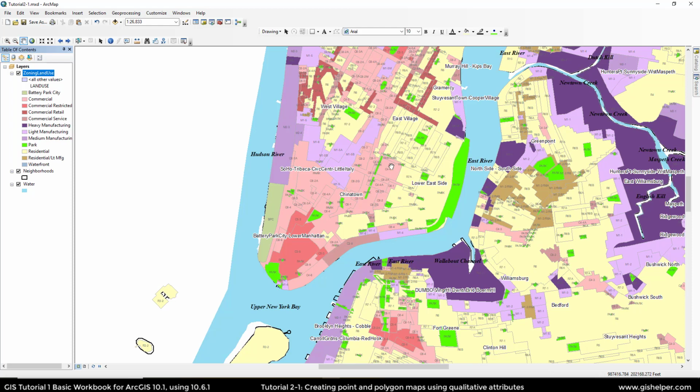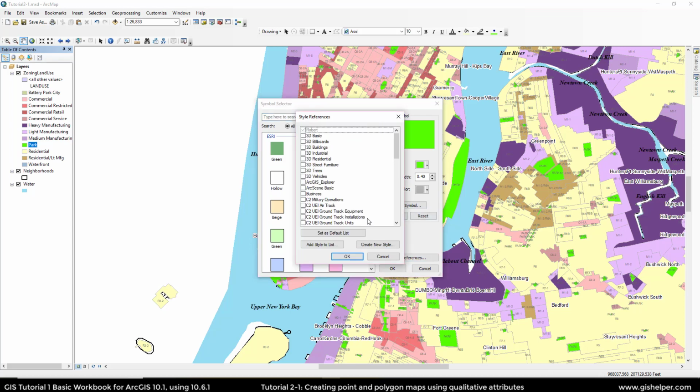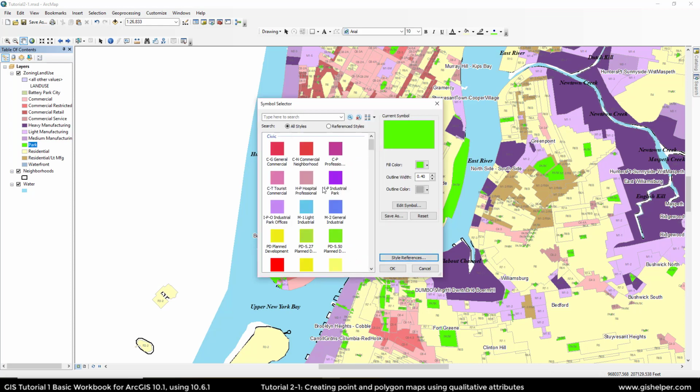So there are predefined ones. If we click on the park color, it'll open up the symbol selector. And we can go to style references, and you're going to want to scroll down until you get to civic. Click on that, choose OK. And here we have the title for it. So if we scroll down,